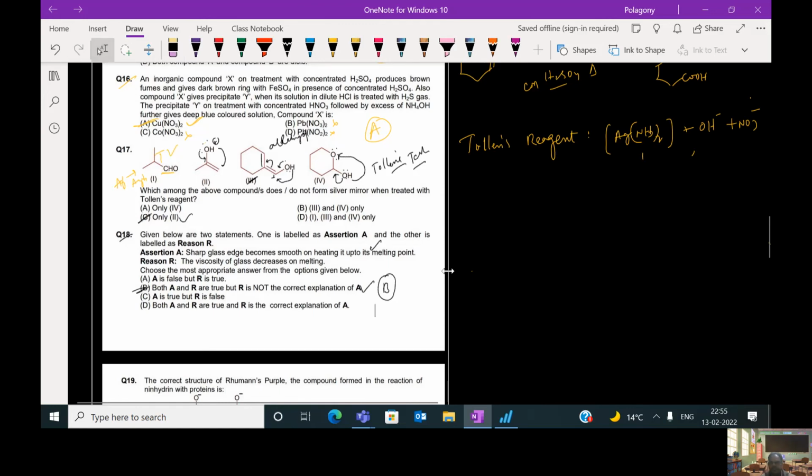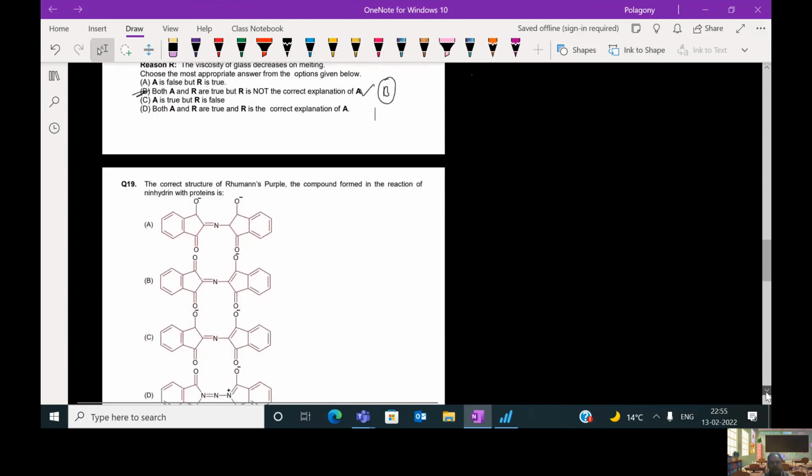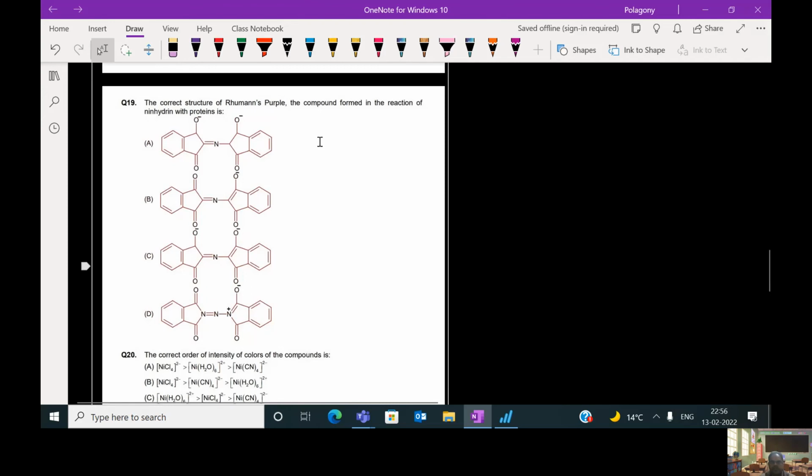Now let us move to the 19th question. The correct structure of Ruhemann's purple, the compound formed in the reaction of ninhydrin with the protein. Ninhydrin formula is,